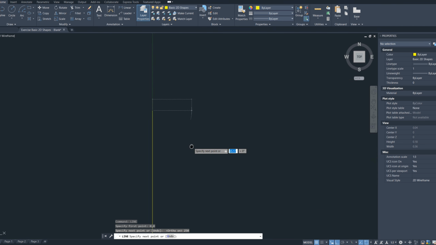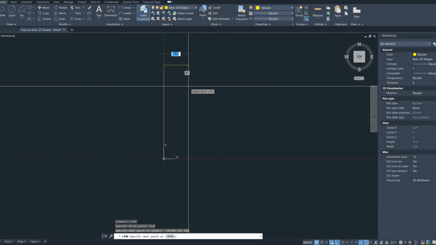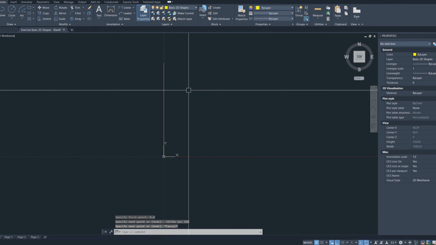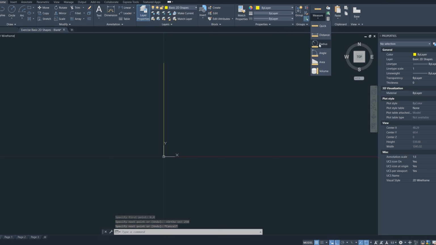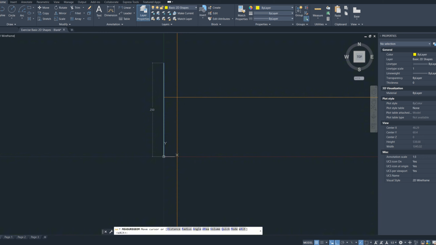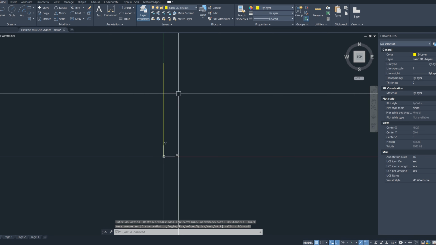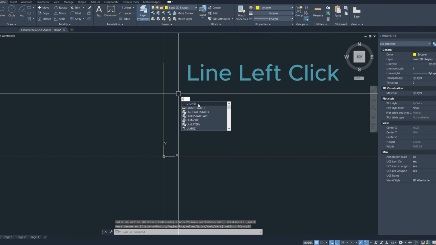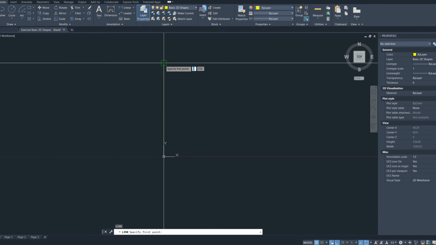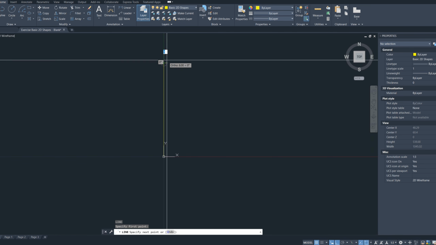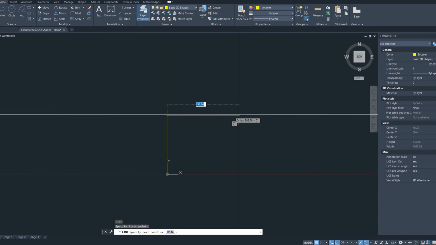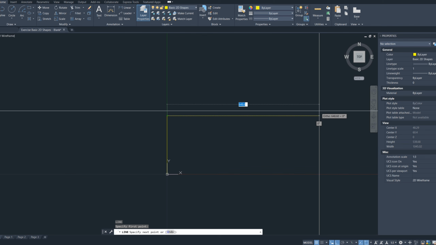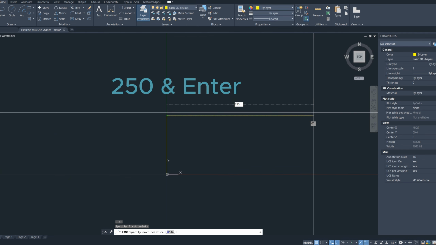zoom out, and I'm going to press exit to come out of this command, just to demonstrate to you what has happened. And as you can see, it's effectively created a line at 250. That's because we specified the value of 250. This can be done for any value that you wish. So I'm going to continue my line command. I'm going to pick up from this point here, and I'm going to move my mouse to the right, type in 250 again,